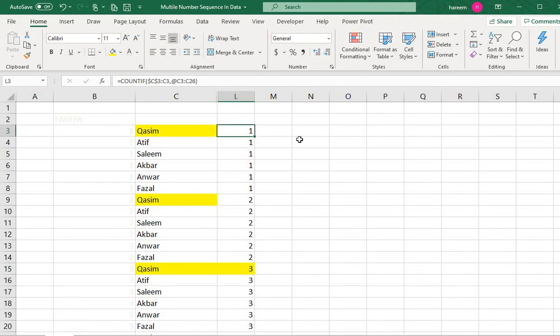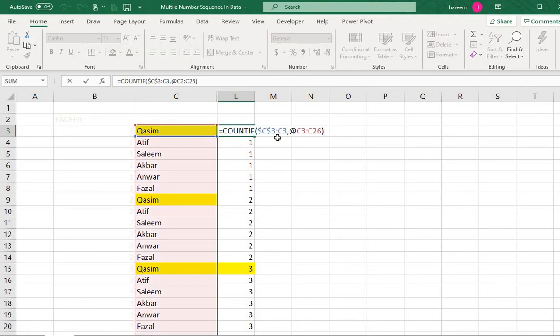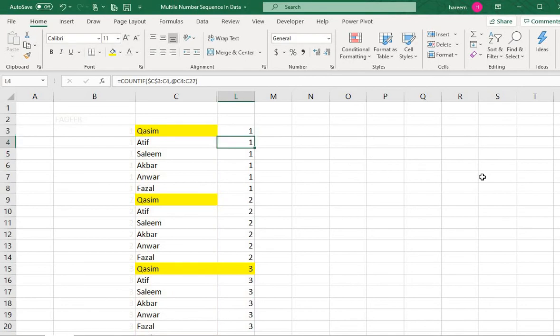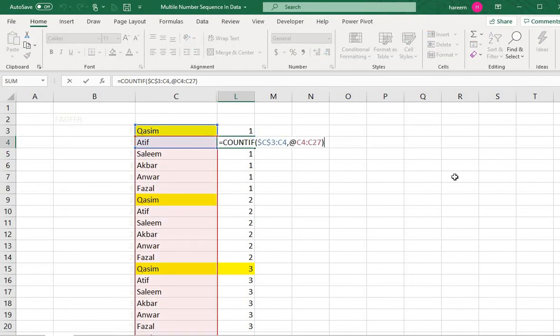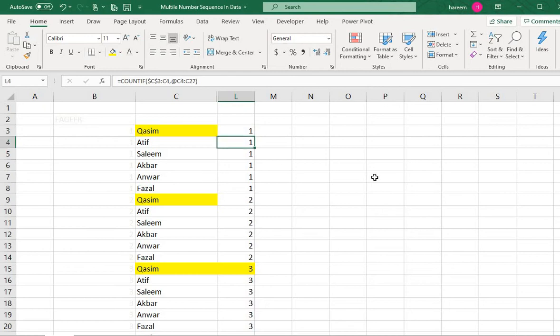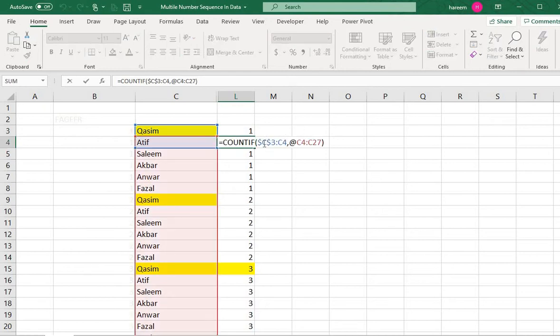So what is the formula actually doing? If you go into the formula, there are two selections, blue and red. The first selection is locking the first cell as C3. When you come to the second cell down, the first part shows C3 to C3, then C3 to C26, and when we come here it will show C3 to C4.